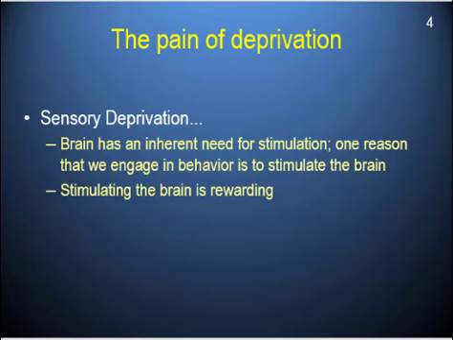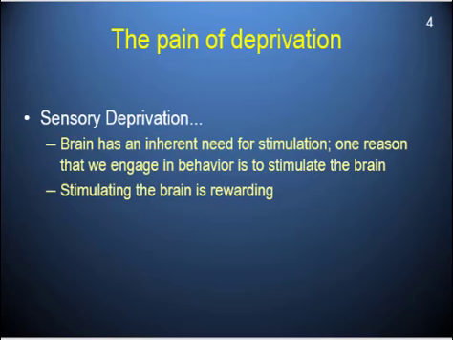And again, we have this need, right, to feel something, or we feel out of place if we're not getting sensory input. And that's because our brains have evolved, right, so that we are constantly responding to our environment. We are scanning our environment, looking for things that could potentially be dangerous, looking for things that could potentially be rewarding, so things like food, friends, things like that. But when we do engage with the environment, that stimulates our brain, right?